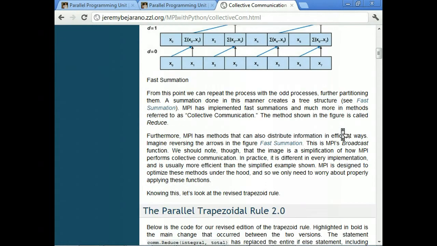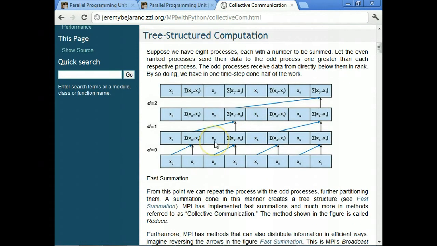Fortunately, MPI has functions that handle all sorts of collective communication, as we call it, and does it all under the hood. MPI is going to ping your system and try to find the fastest connections between each of the processes, and so it'll use the specific communication structure that will be fastest for your system.